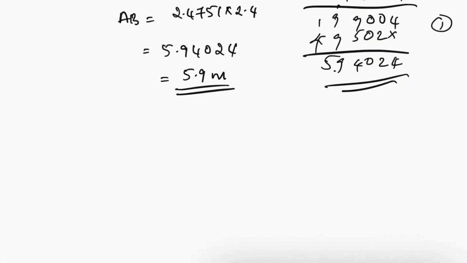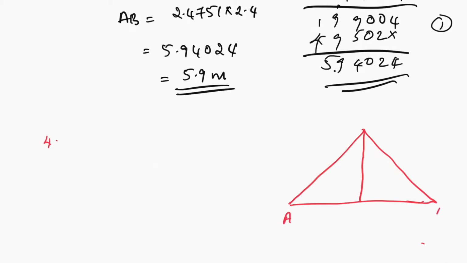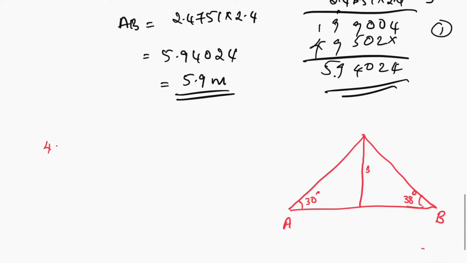Now in the fourth question, I have two persons standing on the opposite sides of a tower. So I can consider this as the tower, two people standing at the opposite sides of the tower. Let me consider those people as A and B. They observe the angle of elevation of the top of the tower to be 30 degree and 38 degree respectively. Find the distance between them if the height of the tower is 50 meters. So this is 50. Using this you need to find this and this, right? Let me give the names as C and D.